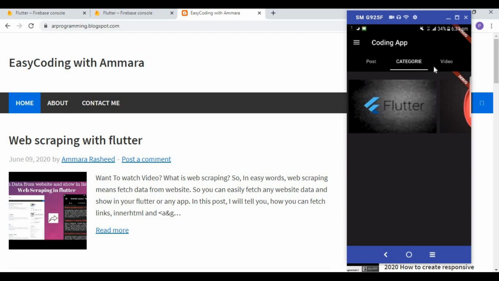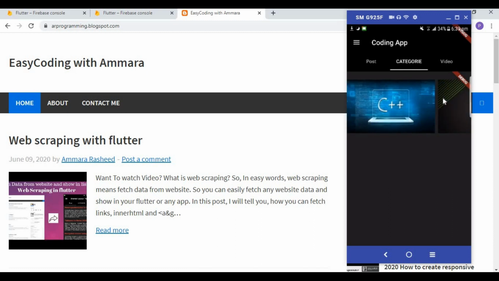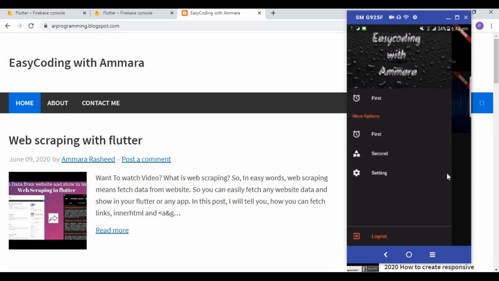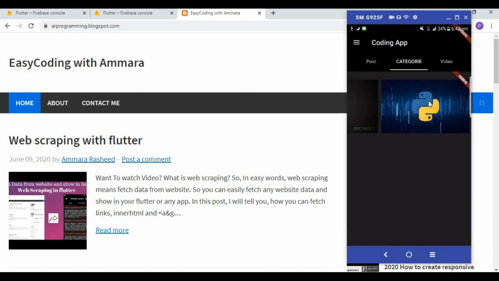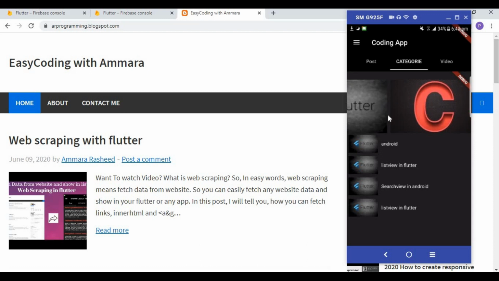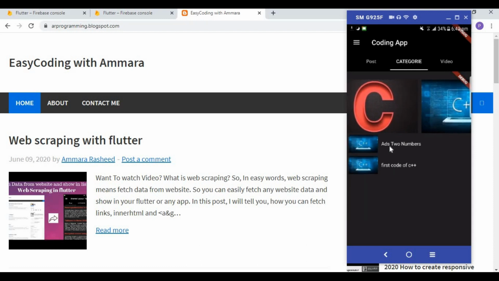and after that I am going to click on this category section, and you can see this type of layout, and after some time you will see this data. Because this data is coming from Firebase, it takes some time. Okay, and now whenever I click on some picture, like this image, you can see that this is a title, add, sorry, the spelling mistake, add two numbers.